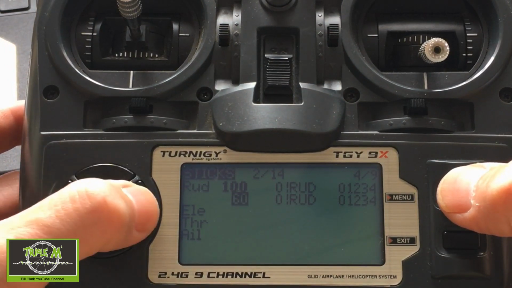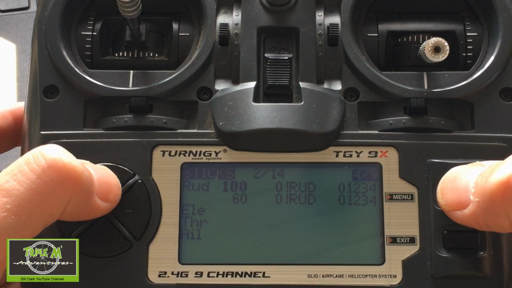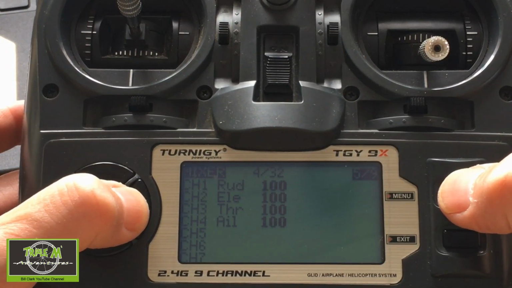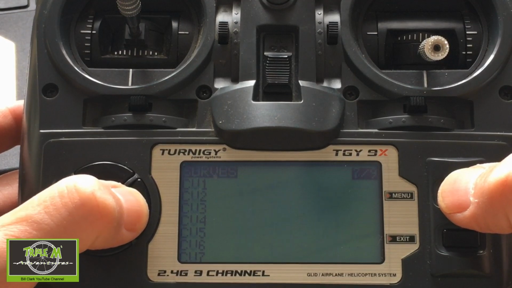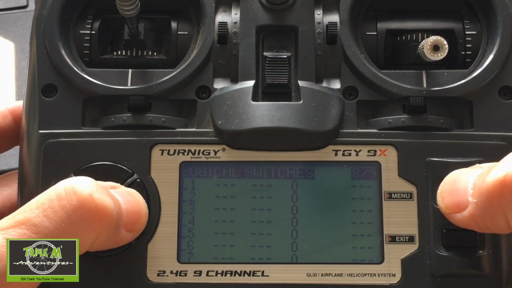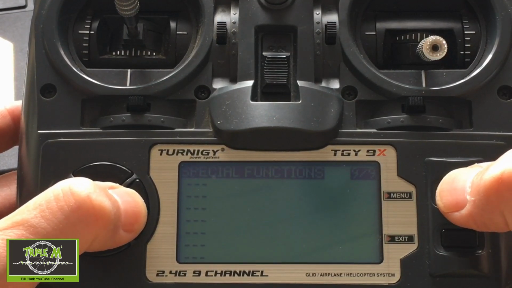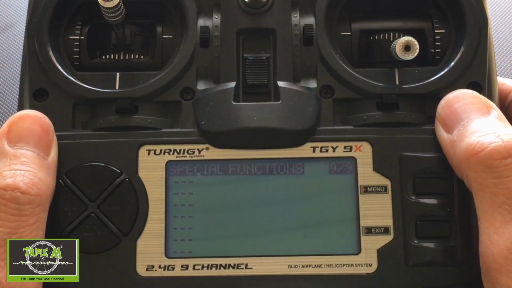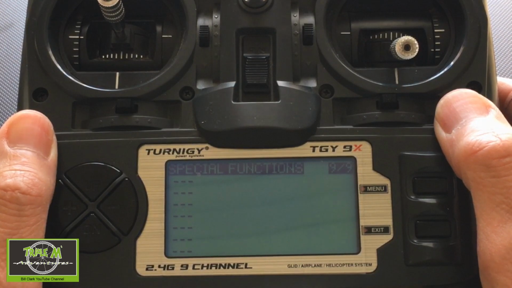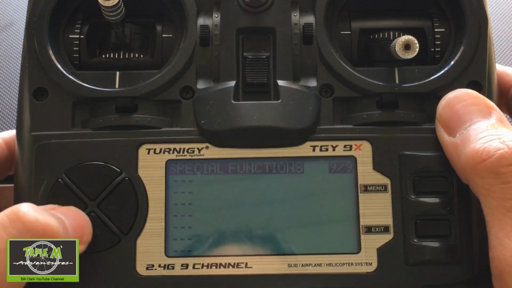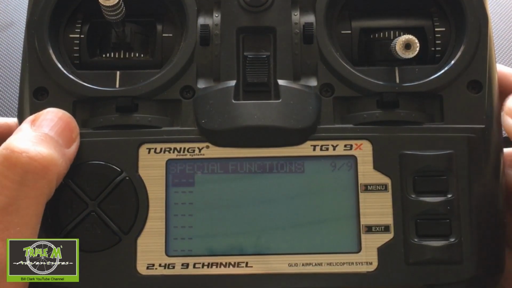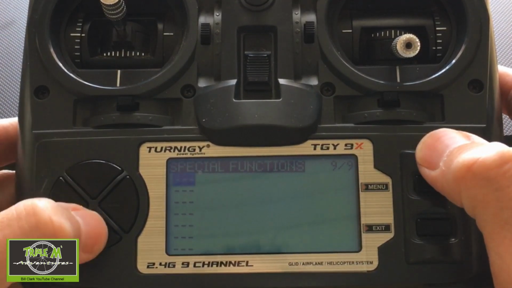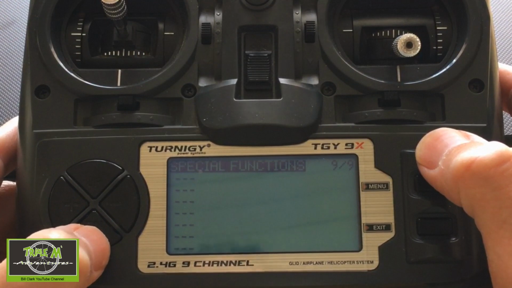So we go back up to the top, and you'll see it highlights the 4-9. Use your minus key. We do nothing in the mixers, nothing in servos, nothing in curves, and nothing in logical switches. But then we move on to the special functions. The first special function we're going to set up is the armed function. So we're going to go down to the first row, push the menu key, and here we need to find